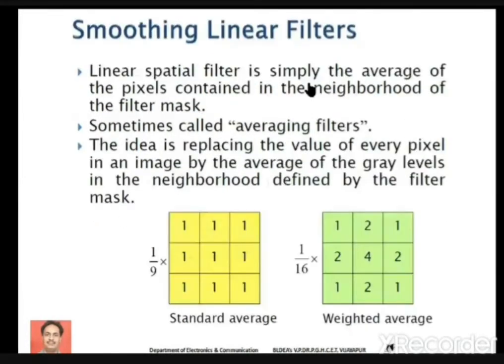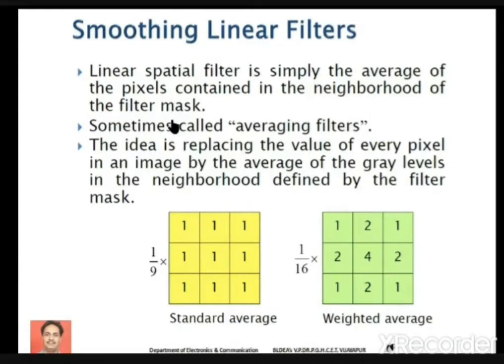First, we have smoothing linear filters. Dear students, a filter is basically a mask, which may be a 3 by 3 matrix or a 5 by 5 matrix. Depending on the requirement, we can use a small matrix with some coefficient values as a filter in spatial filtering operations. If we consider smoothing linear filters, we have two filters basically.